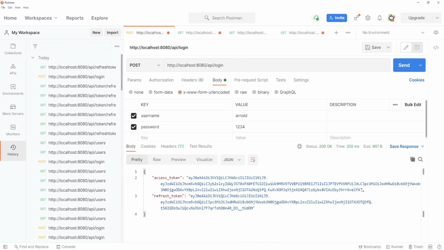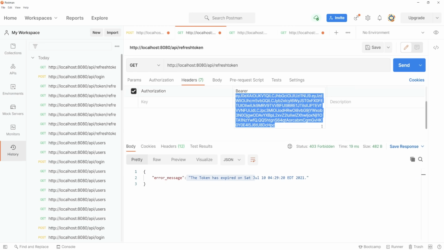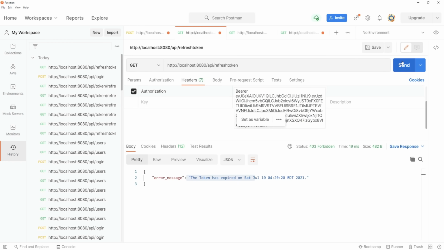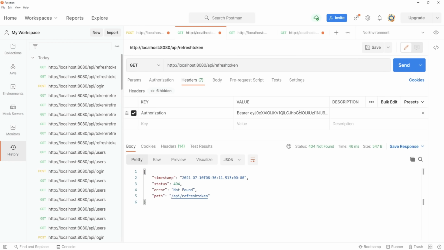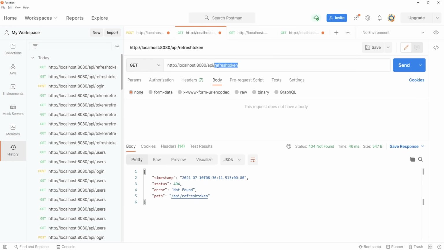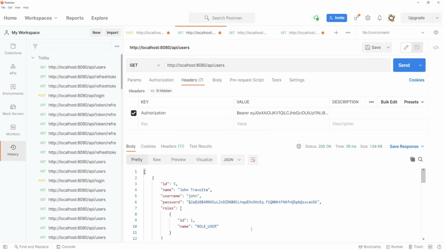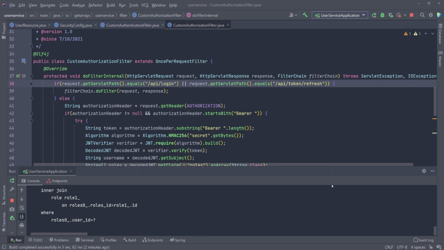And if I use my brand new token, copy it, go back and change it to this token, paste it in, send the request. This is not the one. Get request. So this is supposed to go to APIs, users. I'm on the headers, authorization, send. You can see we have the data back, and you can test the different permissions that we have for different